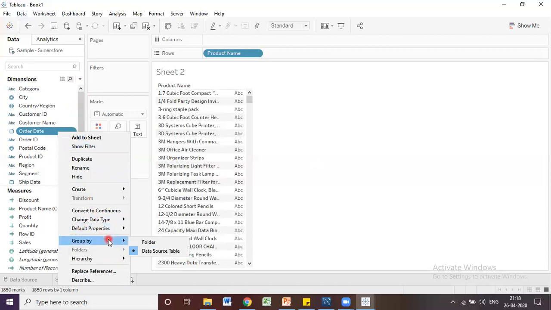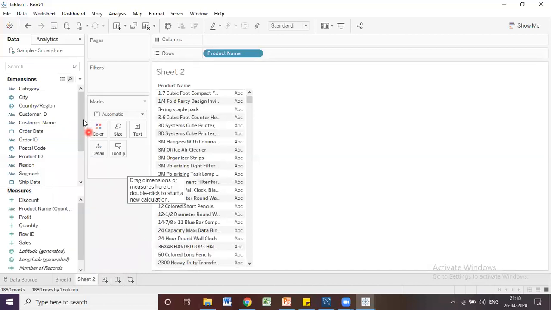Then see, the default option selected is data source table, meaning in whichever format we have in the data source, in the same order the fields are available here. So if you click on folder, it will create one folder. Why is it not asking here? Okay, let me click on it.